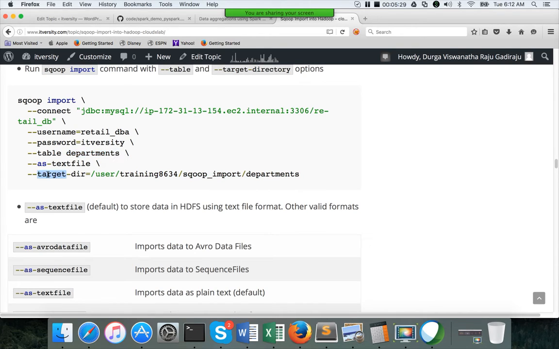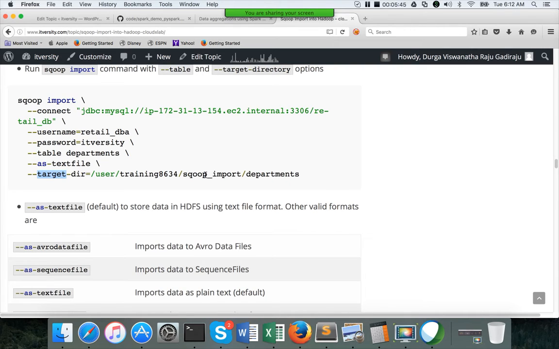So for Sqoop import, you can choose either warehouse directory or target directory, or you can actually pre-create the directory for your table and directly perform Sqoop import with target directory, which will copy the data.